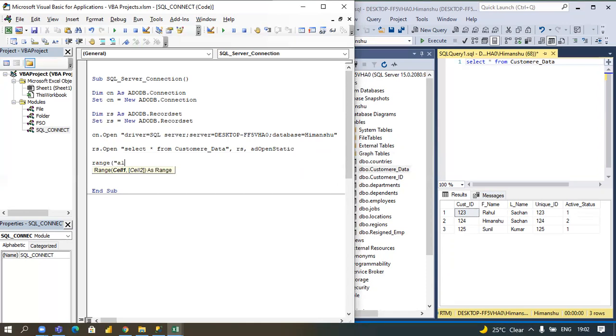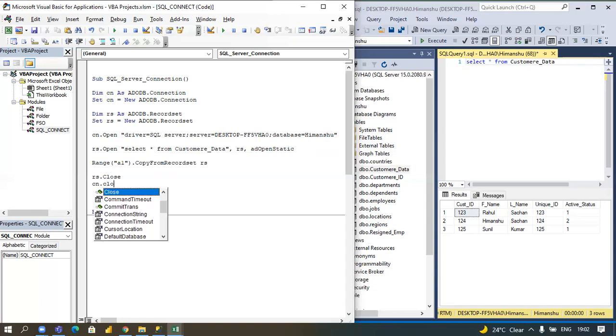I will give the range A1.CopyFromRecordset rs, which means we want to copy into A1 from rs. Now everything is done, and we will give the close also, rs.Close, and cn.Close. By this method we close the connection with the record set and server.